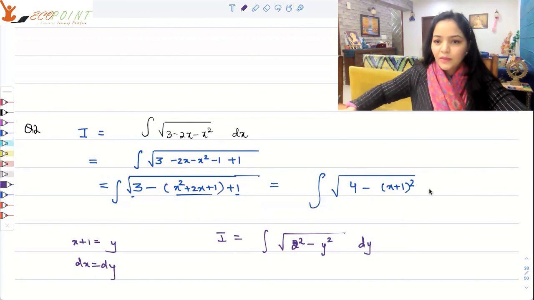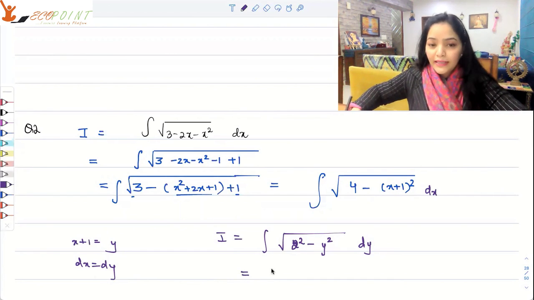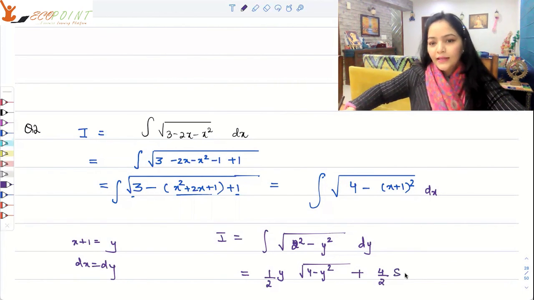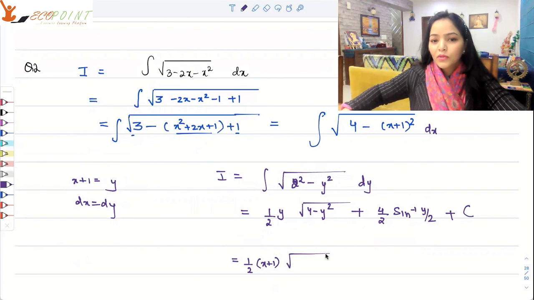dx and dy are the same thing, so that is why. We have just solved it. What will I get? This integral will be equal to 1 by 2 y square root of 4 minus y square plus 4 by 2, a square by 2, sine inverse y by 2 plus c. Or in other words, now substitute back. So you'll have half, y is x plus 1, square root of 4 minus x plus 1 whole square,